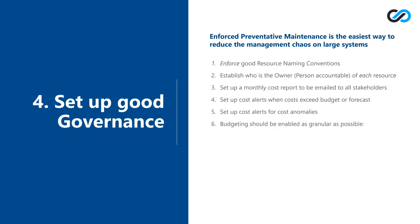And then your budgeting should be as granular as possible. One of the limitations of budgeting in Azure is that it doesn't take into account the pace of the budget. As I mentioned earlier, if I blow through 90% of my budget on day one, it's not necessarily going to tell me that that's a bad thing. I'd rather be told that the forecasted budget is going to be exceeded,